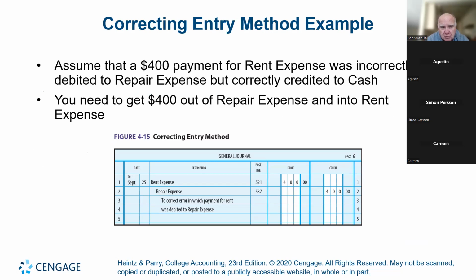Assume that a $400 rent payment for rent expense was incorrectly debited to repair expense. That's an easy mistake to make, huh? Well, we got to get the $400 out of repair expense and put it into rent. And that's what they're doing here. They debited rent. That makes the rent expense correct. And they credit the repair expense, which brings it back down to 0, where it should have been in the first place. This method will work,